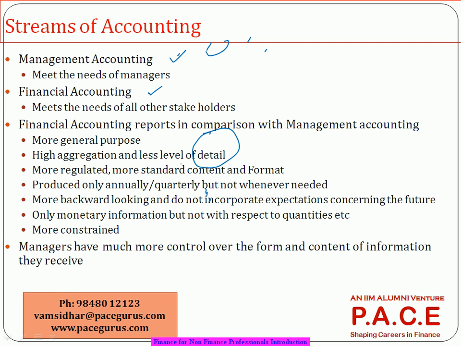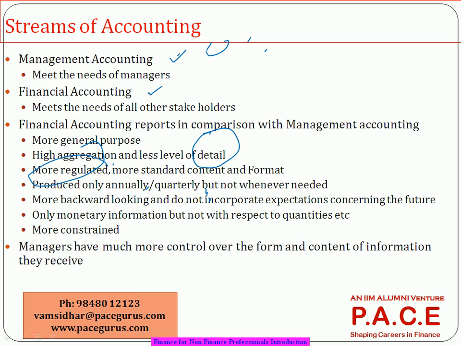You can go not only in terms of money, you can even do your projections in terms of units. How many units do I want to produce? How many units at what percentage discount? Even at that level, you can start doing your projections. So financial accounting is more regulated, whereas management accounting is not regulated at all, because management accounting is purely internal. No format. You make your own format. Whereas from a financial accounting standpoint, everything should be in the proper format. So there is a lot of regulation.